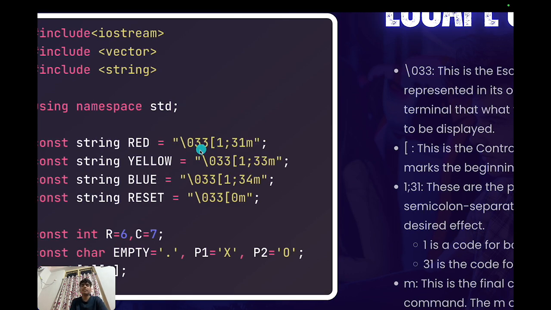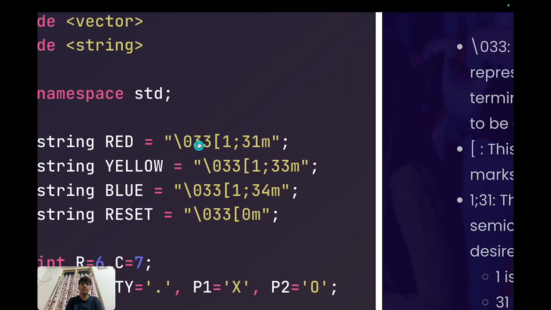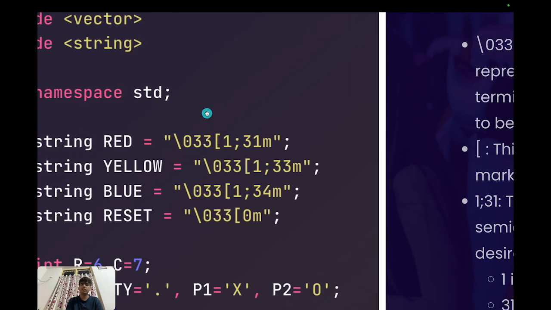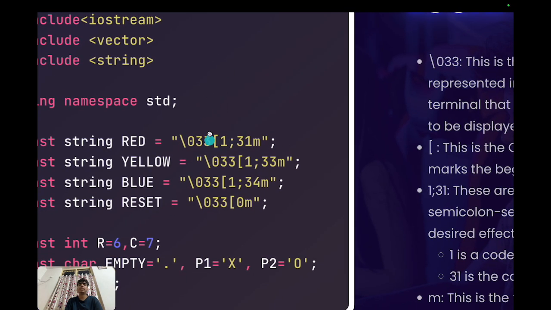This 033 is basically in octal form, just like the binary form. You can convert a binary number into a decimal number, and you can also convert the octal form into the decimal system. How could you do that? Just multiply this digit by 8 raised to power 0, and this digit by 8 raised to power 1, and you'd get that. So basically it is 3 plus 3 times 8, that is 27, and 27 in the ASCII